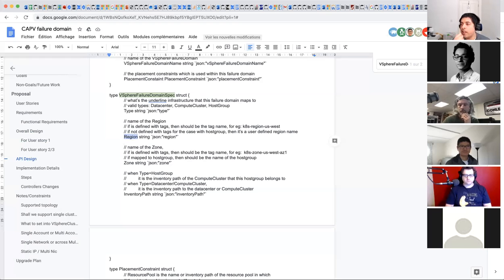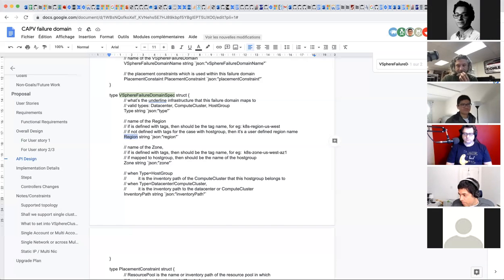So it doesn't matter: either the VI admin creates it in vCenter and it automatically pops up as something that we can consume, or you can privilege the operator to do it and allow the person with Kubernetes API access to create those resources, and then we'd reference them. Yeah, which you could call an idempotent approach, right? You end up with the same thing regardless of which approach you've taken. Yeah, it makes sense.